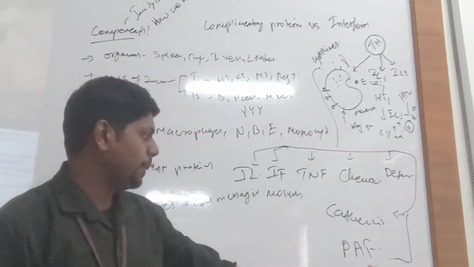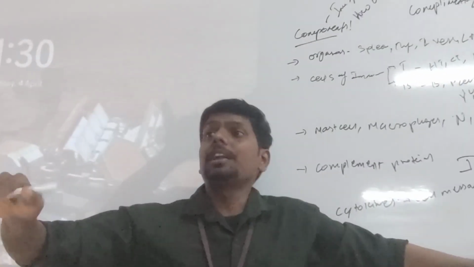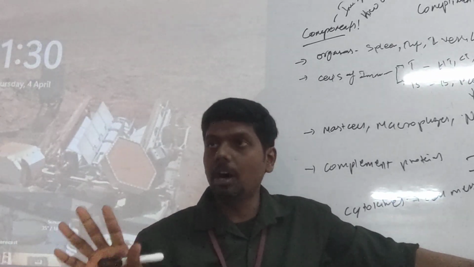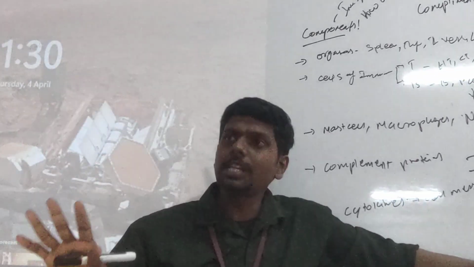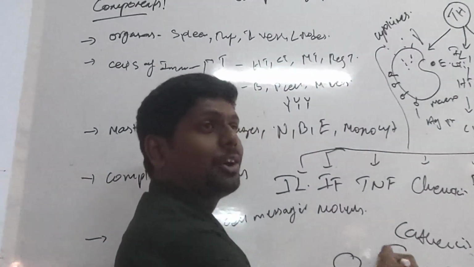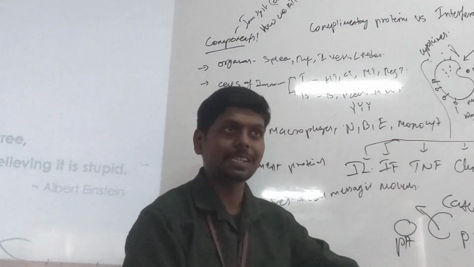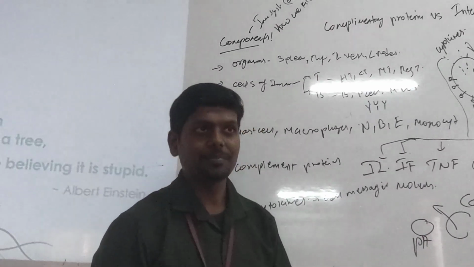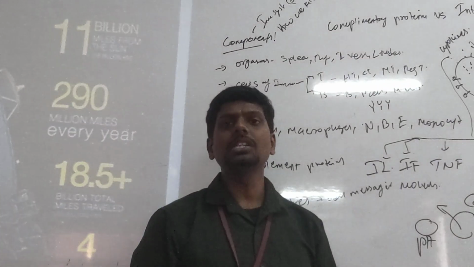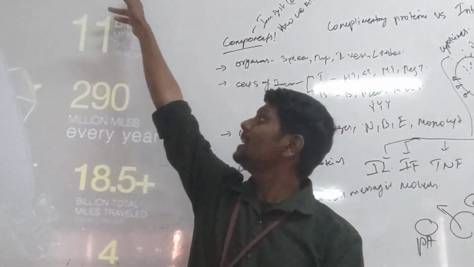Got it? There is one type of cytokine called platelet activating factor. The patient's platelet count is good, but the platelets are not converting blood to clot. Got my point? The thrombocyte count is normal, but the thrombocytes are not working. Maybe the platelet activating factor was not released by the cells. So that's why my platelets are not working. So again, the cytokine's significance came into the story. That is the role of cytokines. I think now you understood what cytokines are. Am I correct? Cytokines are cell signaling molecules.